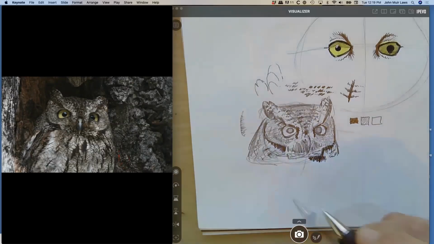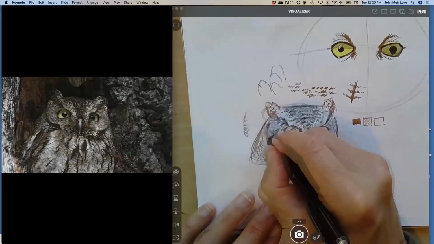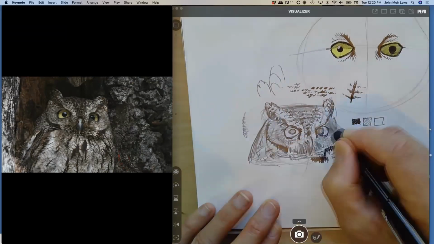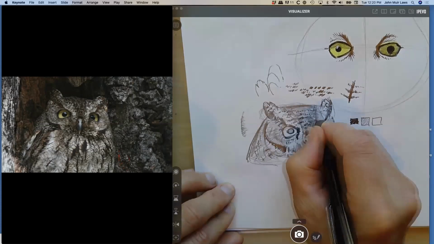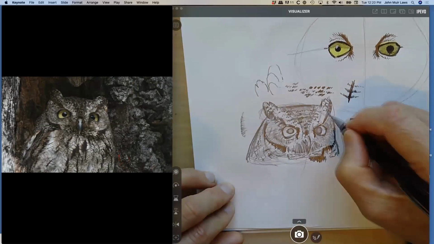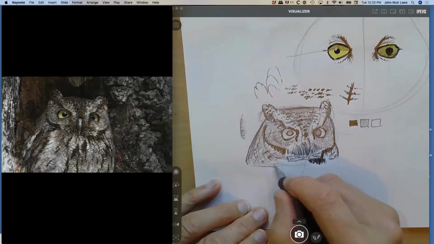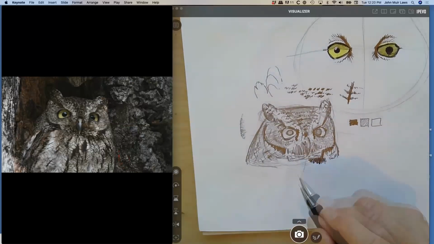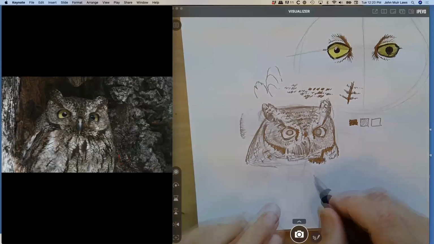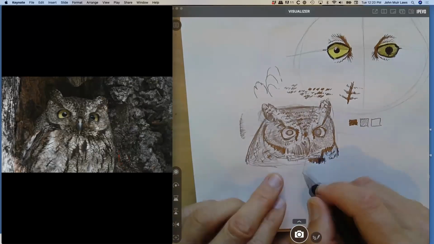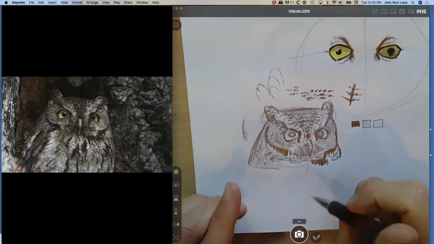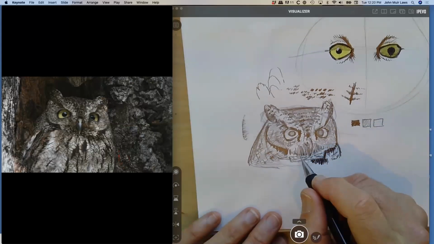Something that's nice about the combination of watercolor with pencil is that you can do something like this as a pencil drawing, and you can leave it just as a pencil drawing, and it's fine. Actually, let's put down a little bit of stuff around this one's chest, just because we can start to play with that. So before we get over to pencil, what I want to do is